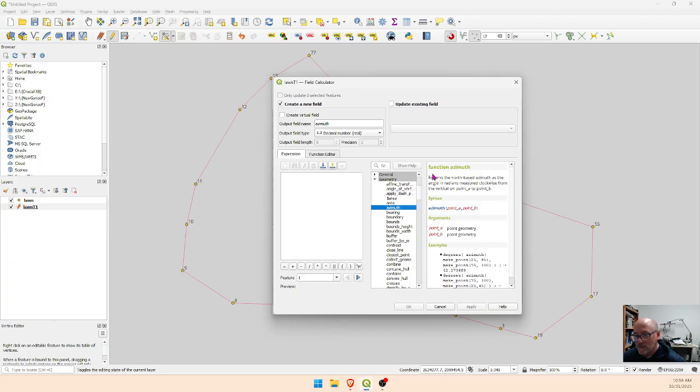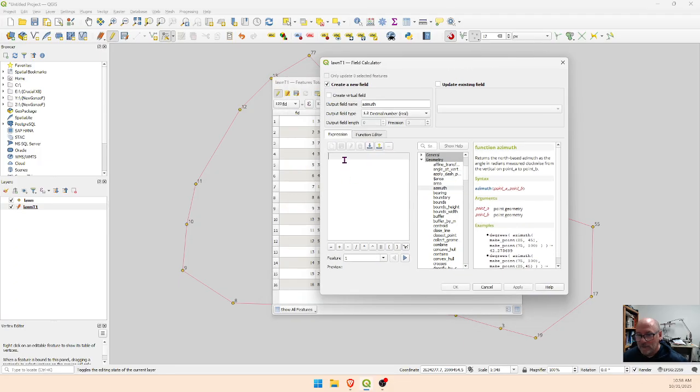So it is easier to work with azimuth to start with anyway. So the way it's formatted, we need to go ahead and double click it. Calculate the azimuth between 2 points, point A or point B. So for each line, we would use the start